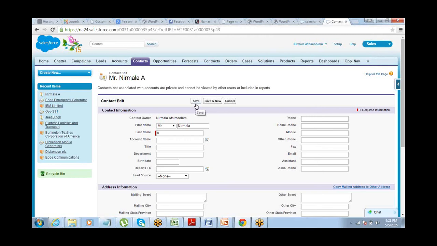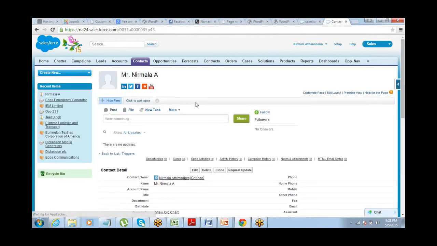Yeah, it will throw an error. Sure. The before operation is for insert and update, right?